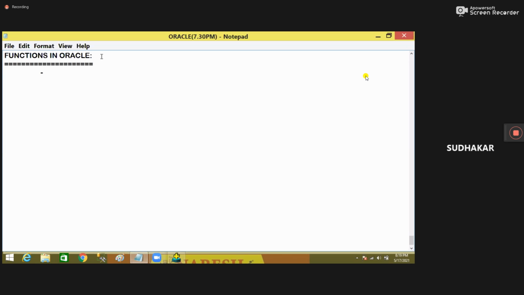Then which types of functions are supported, how they will work in our queries, and how they will work in our future PLSQL programs, we will be seeing. Now let's see. A function is nothing but the same thing, guys. A function accepts some values from the user. Later, what it will do,